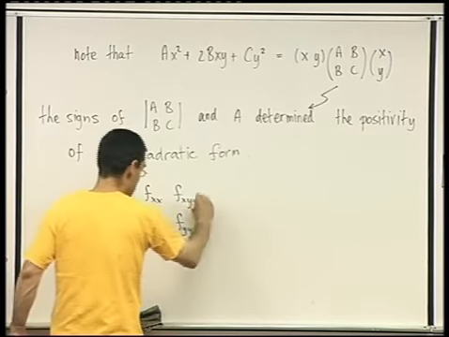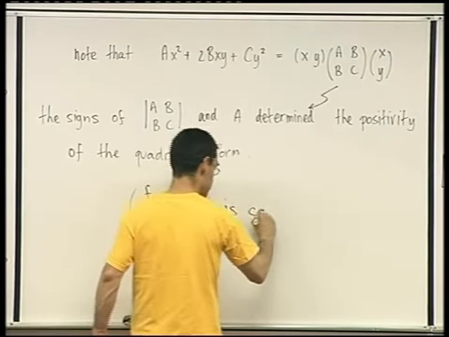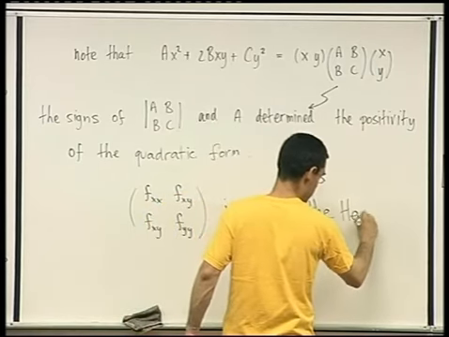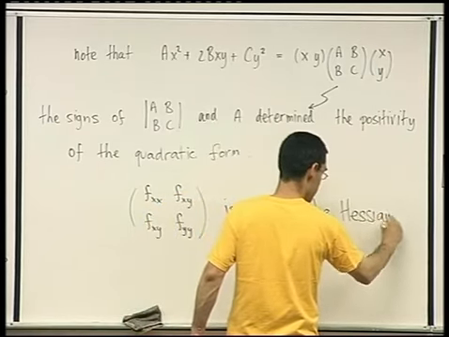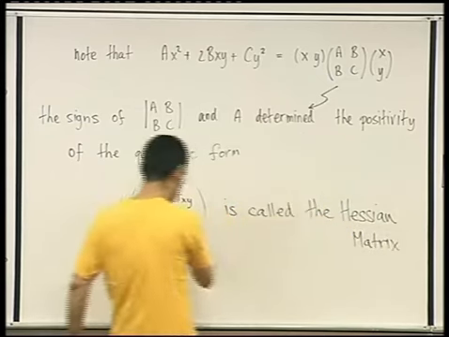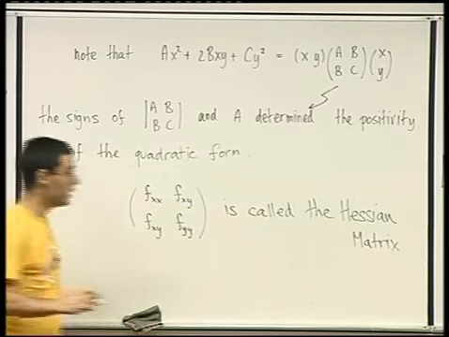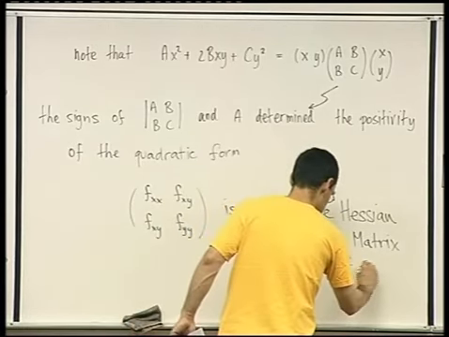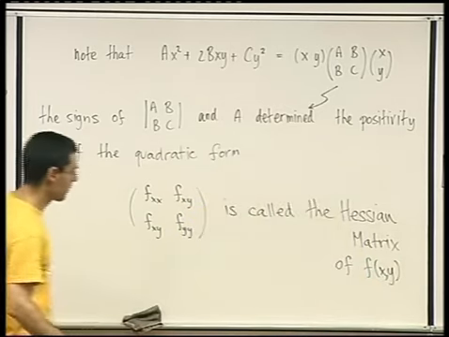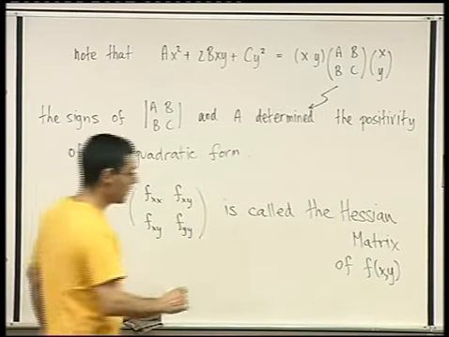And this matrix has a name. It's called the Hessian matrix, corresponding to the function f of x, y. Okay, and